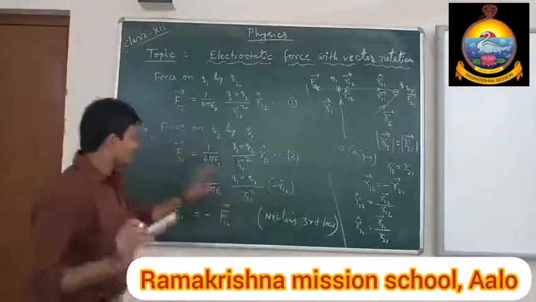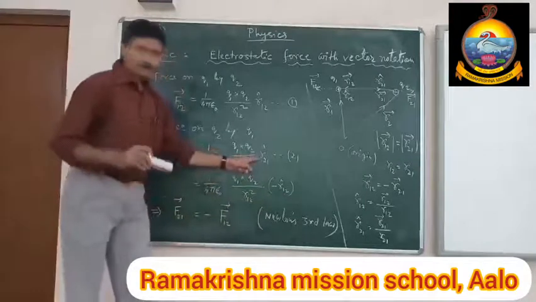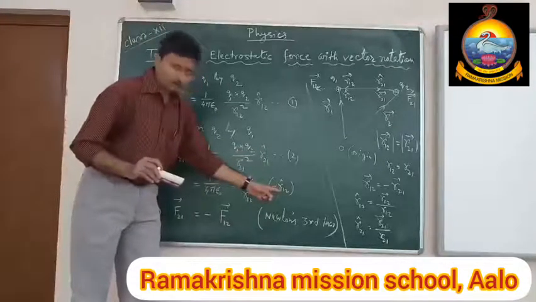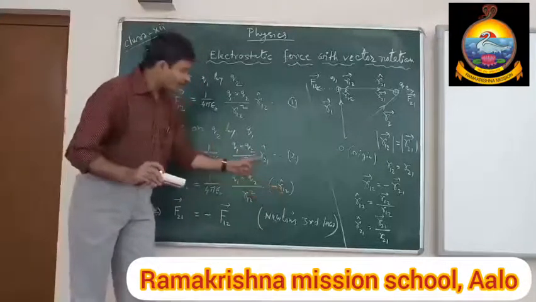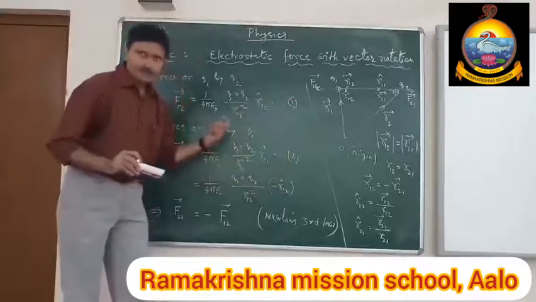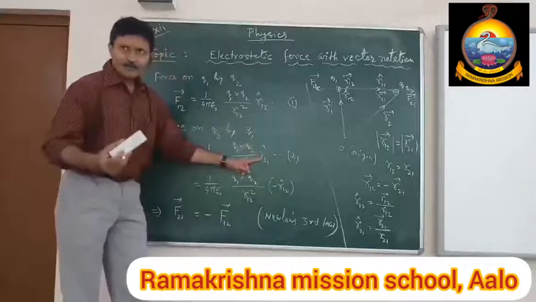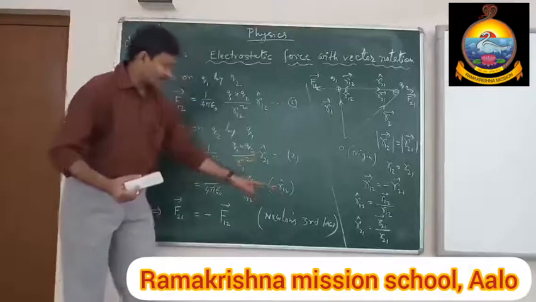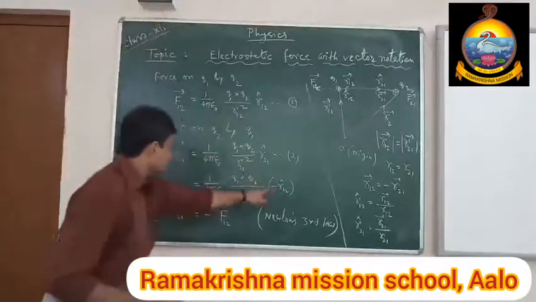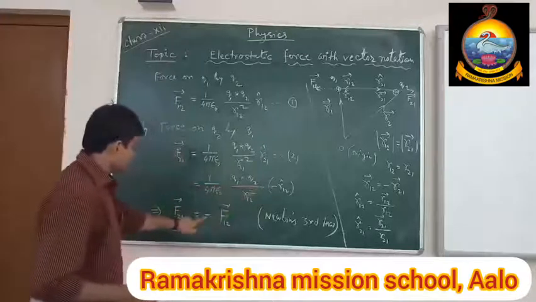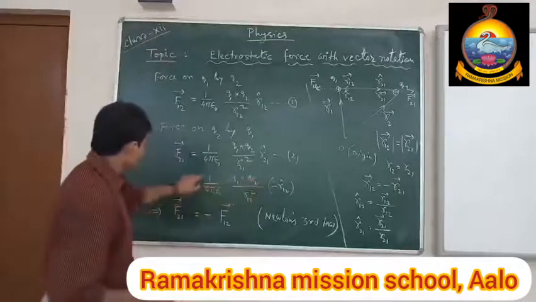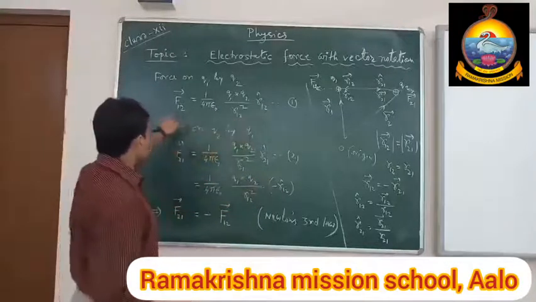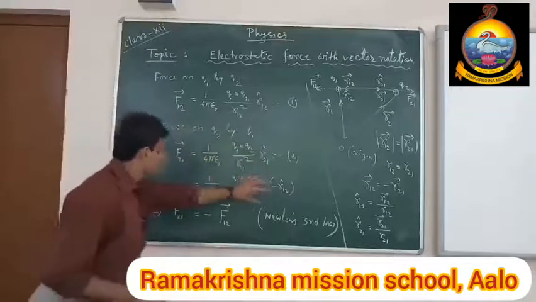Consider r21 cap represents the direction towards north. In place of north, if we say it is the opposite of south, r12 cap is south. Obviously, if r21 cap is north, then r12 cap is south. If north is written in terms of south, then it will be written as minus of south, the opposite of south. So write a minus sign here. Then, writing this minus sign in front of the expression, we can see that the remaining expression becomes 1 by 4 pi epsilon naught q1 q2 by r12 square, r12 cap, and that is expression 1, that is the F12 vector. So this quantity is equal to the F12 vector.